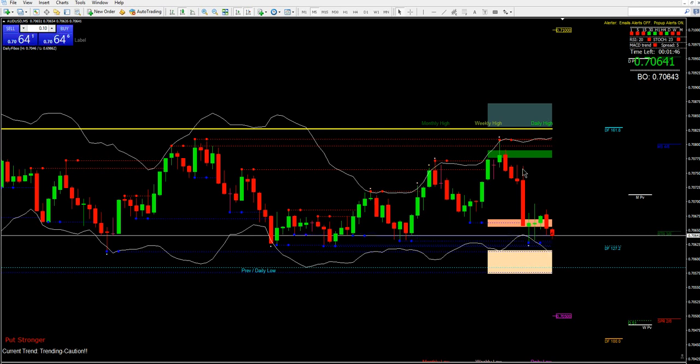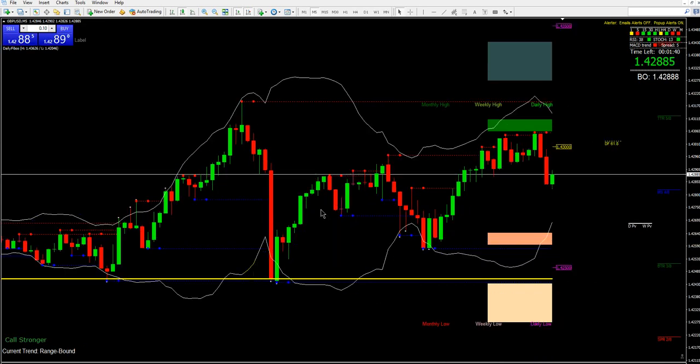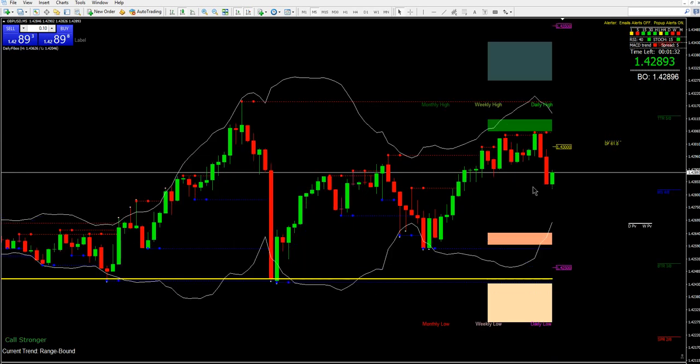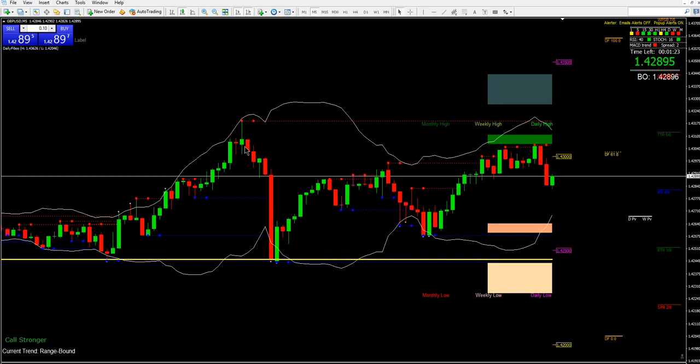If you're doing reversal trading, this is the type of chart you want to be looking at. If we go to cable, let's say on a scale of 1 to 10, I would give AUD USD an 8 or a 9. Cable looks kind of funky, as you can see. The structure on it is off. It's not really, it's ranging.